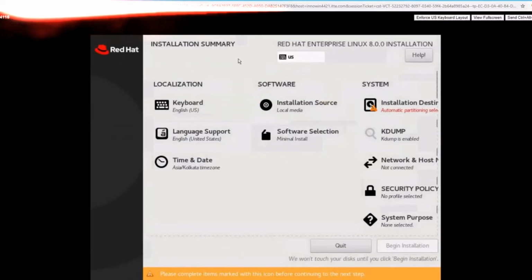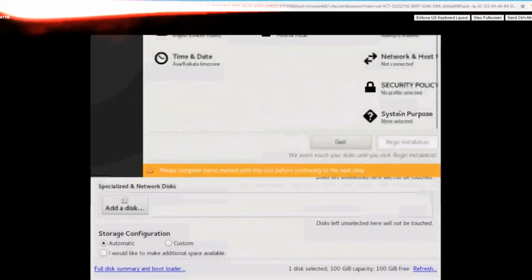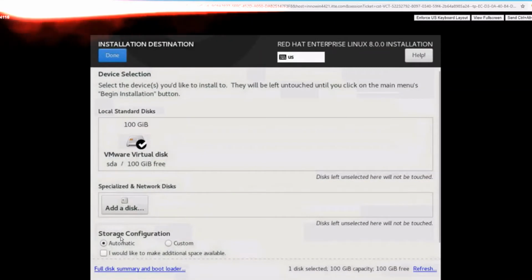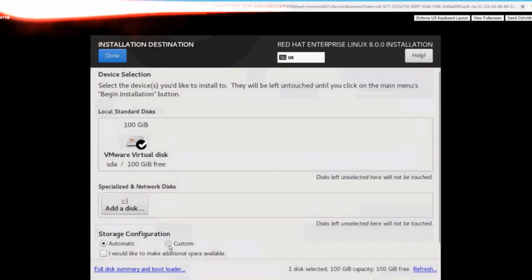Now you have to select the installation destination. I will show you both ways. First is automatic, second is custom. If you choose automatic, it will take 50 GB for root, a separate swap of 4 GB, and the rest for home. But I will choose custom, and first I will show you what it takes after choosing automatic.